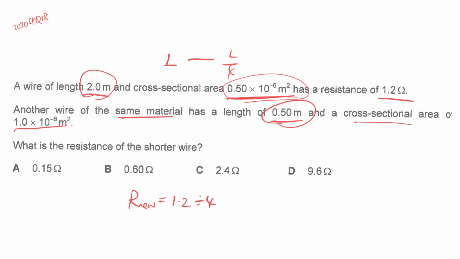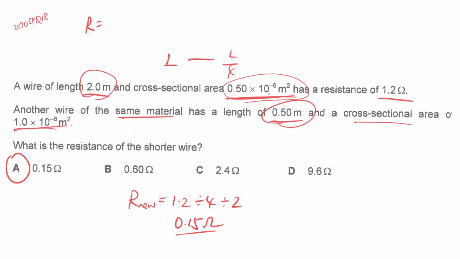So from 0.5 times 10 to the power of minus 6 to 1.0, basically the area is double. If the area is doubled, the wire is thicker, so the resistance should decrease to half, divided by 2. So the answer is 0.15 ohms. So the answer is A. Now maybe for this question, some of you might ask, can I use the formula that